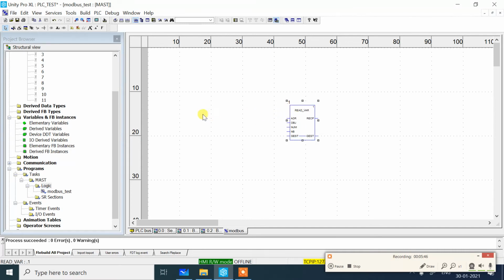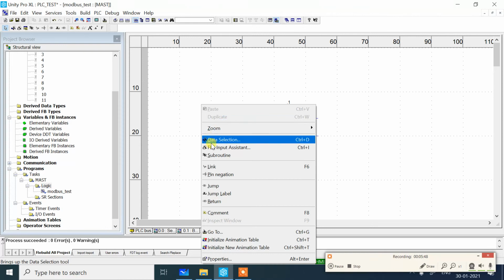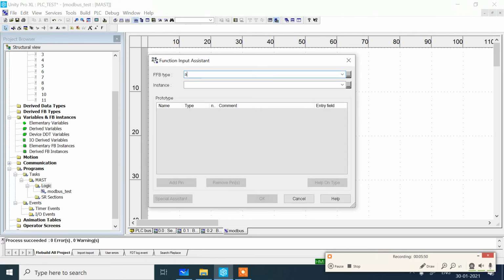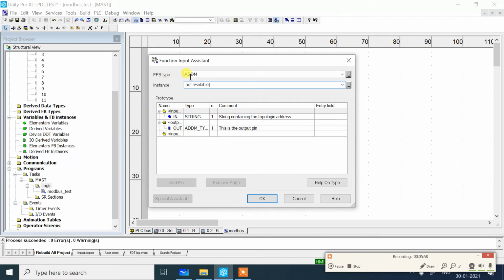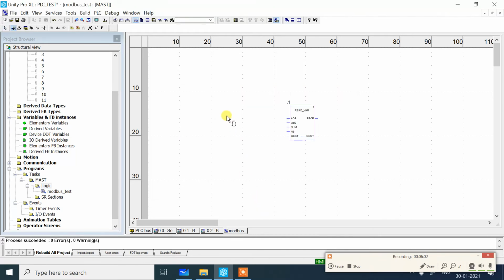First assign the address of the device. Here I am writing the Modbus program for the first device. Take another FFB type, the function block ADDM, and click OK. What is the address? The first device address as per the architecture.